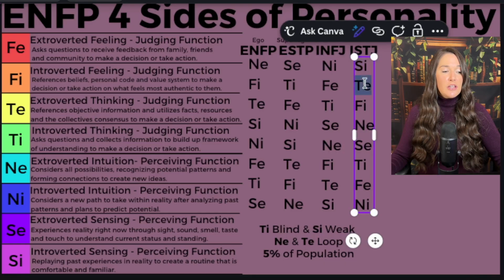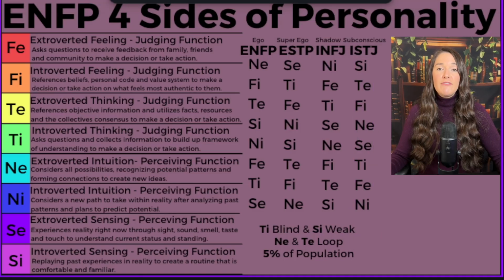So get into your flow state, accomplish all of your dreams, you're sticking with what feels right to you, you're being authentic to your true self, and you're accomplishing everything on your to-do list. So even though ENFP, you might feel like you have a lot going on, you're just overwhelmed with your own workload of information, that doesn't mean you can't accomplish whatever you set your sights on. You can do a lot, ENFP.